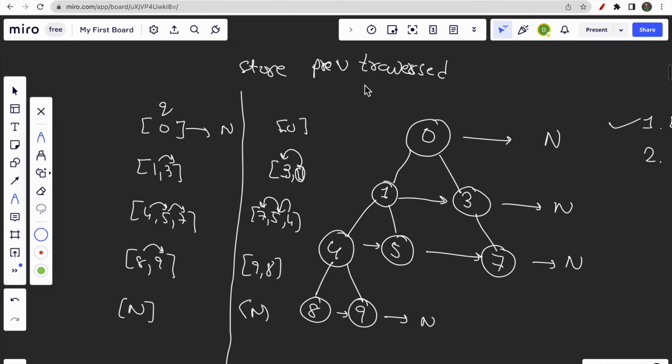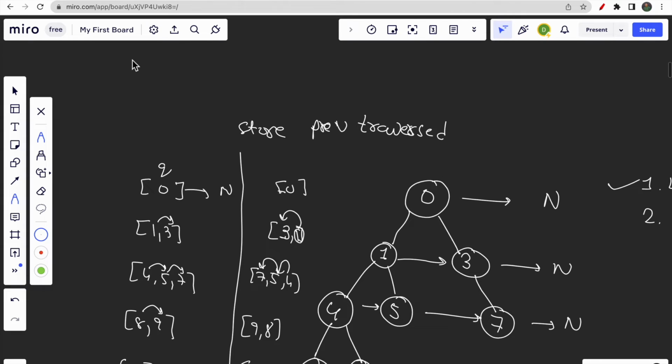Based on what we previously traversed, we can know what is coming, we have to come in the right. Okay, so I hope you guys understood the intuition behind this question: in the typical BFS we can't know what is coming next. We don't know this. So to solve this, what we do is we reverse